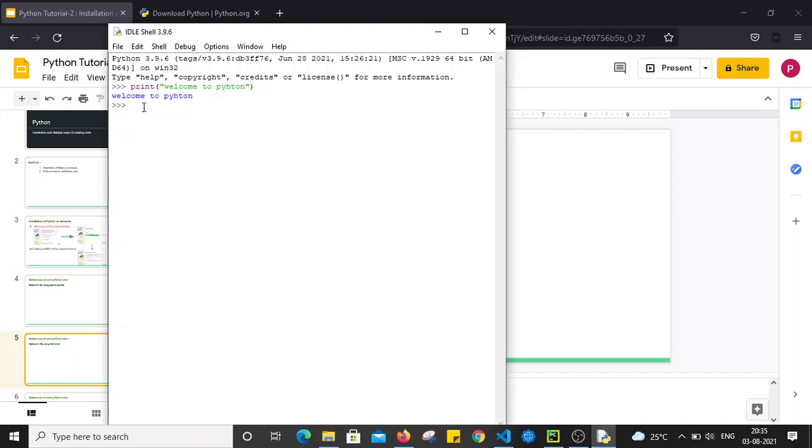Let's say x is equal to 5, let's say y is equal to 9, and let's print 9 minus 5, right? So it will return 4 as output. So this is also one method to execute the Python code, by using the IDLE shell directly from this shell window. Along with this, we can also create one file as well.